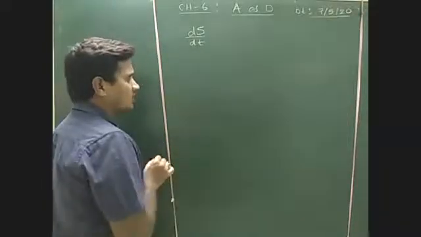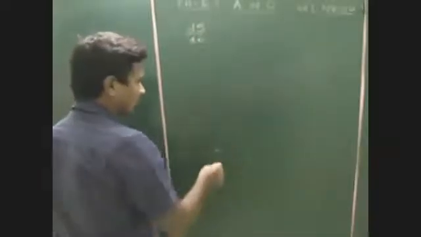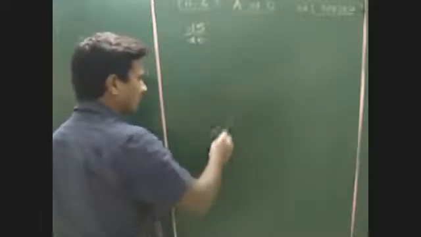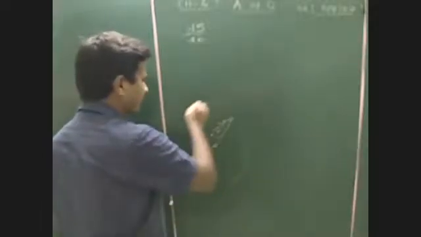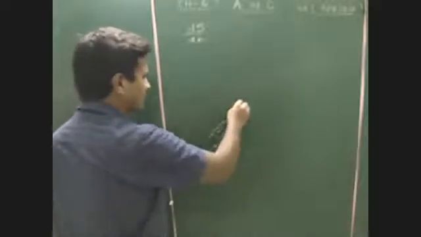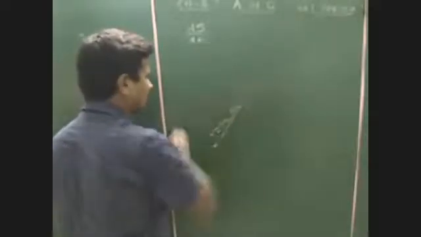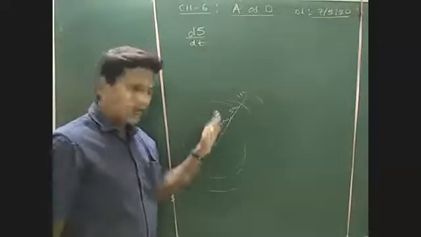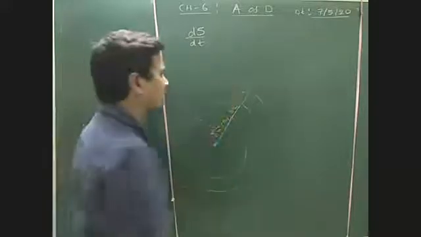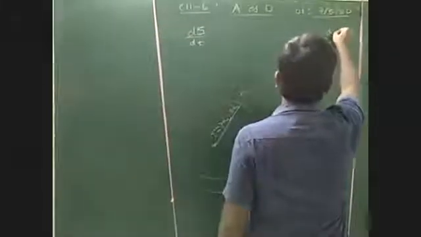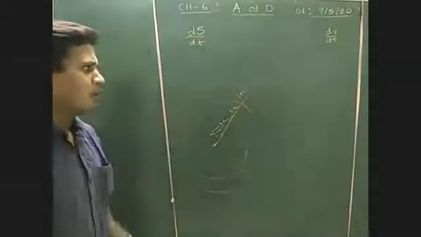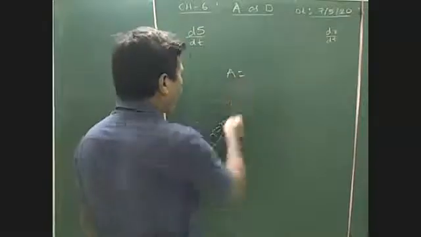For example, I am taking a circle. With respect to time, the radius will be changing. For example, the radius will be first 3 centimeters, after 5 seconds it will become 5 centimeters, after 10 seconds it will become 10 centimeters, like that. So the radius is changing with respect to time. How to write that? The rate of change of radius with respect to time can be written as dr by dt.